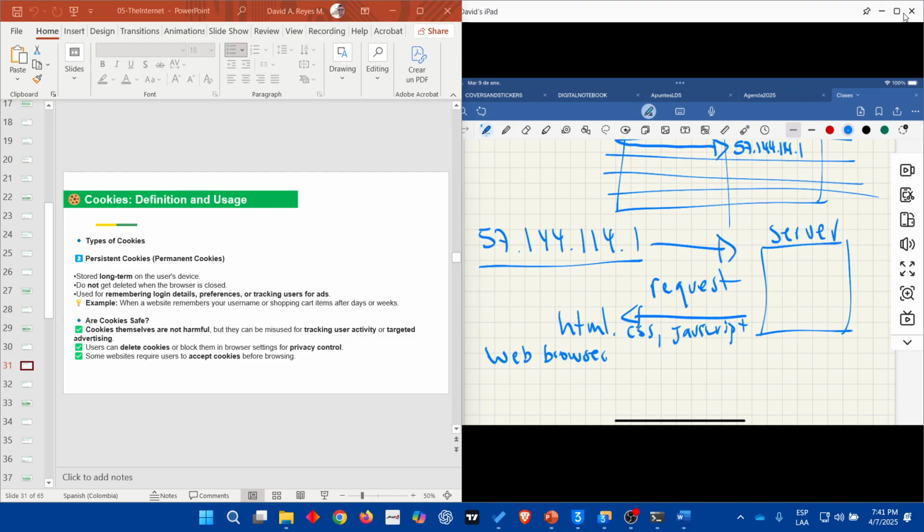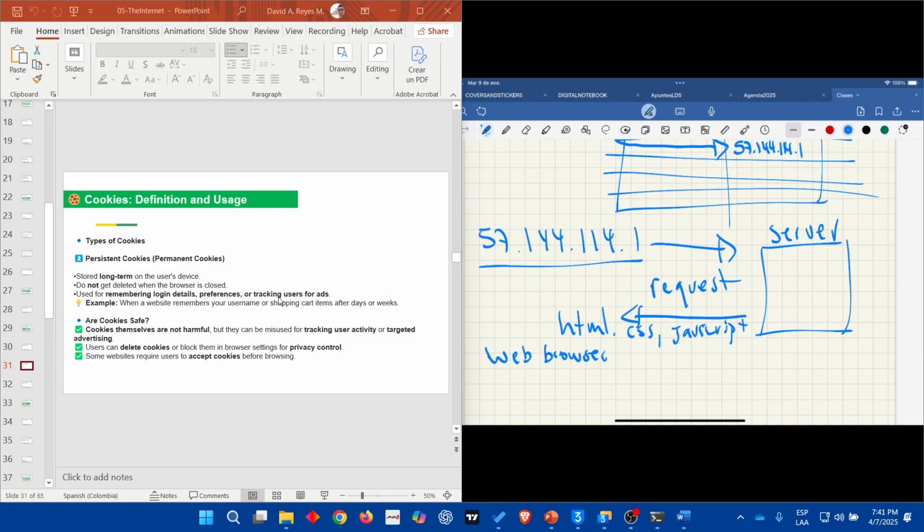And they are used for remembering login details, preferences, or tracking users for advertising. Are cookies safe? The cookies themselves are not harmful, but they can be misused for tracking user activity